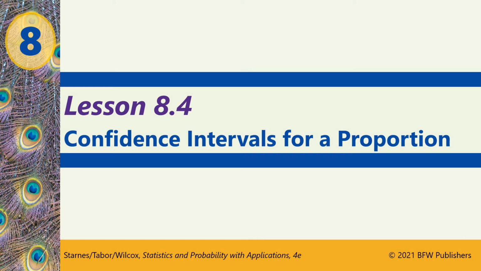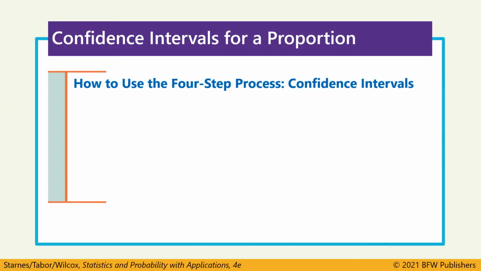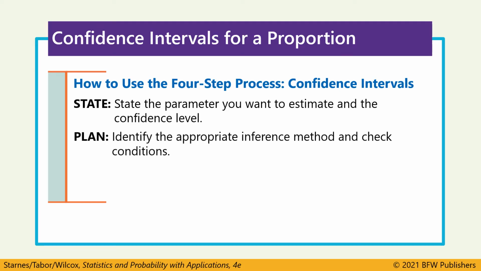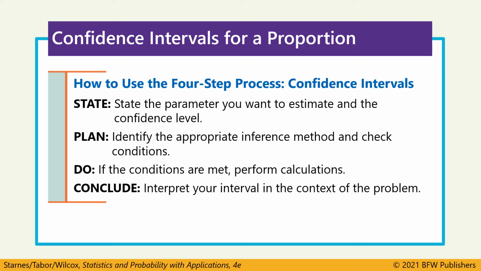Section 8.4, confidence intervals for a proportion. When we create a confidence interval, we're going to follow this four-step process. First, we're going to state the parameter and what level of confidence we're going to use. We're going to identify the method and check the conditions. If those conditions are met, we'll perform the calculations, and then we'll finish the interval by interpreting it in the